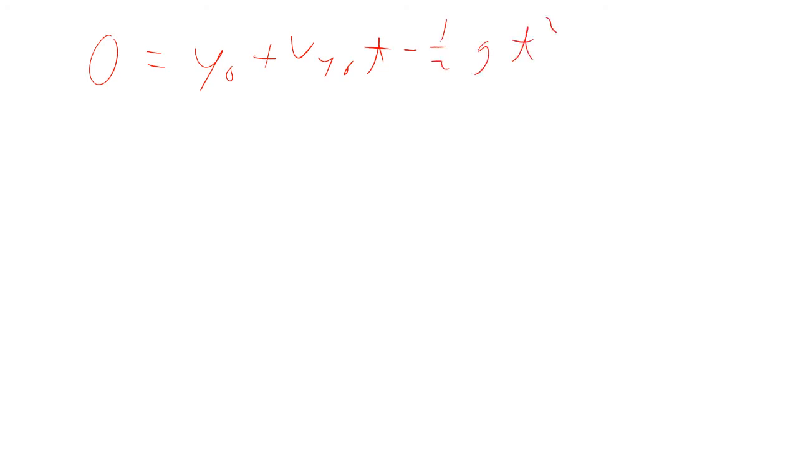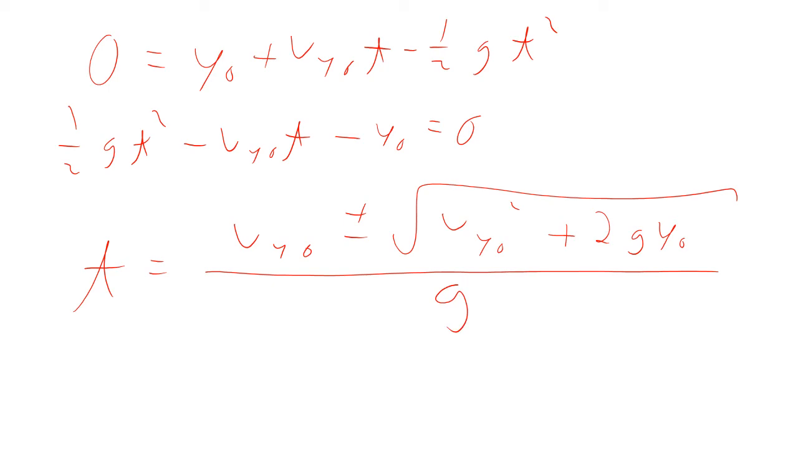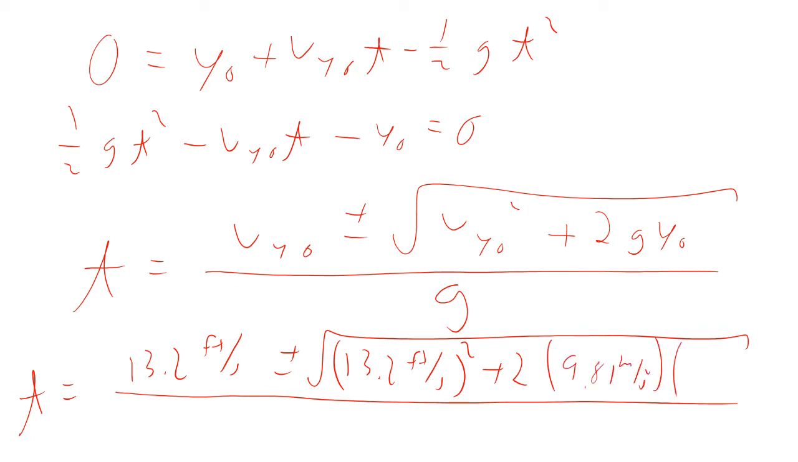So that means that this is a quadratic equation. As a quadratic equation, I'm going to rewrite it: 1/2 gt squared minus vy naught t minus y naught equals 0. And so that means that t equals vy naught plus or minus the square root of vy naught squared plus 2g y naught, divided by g. We know the v, so this is going to be 13.2 feet per second plus or minus the square root of 13.2 feet per second squared plus 2 times g. If you put 9.81 meters per second squared